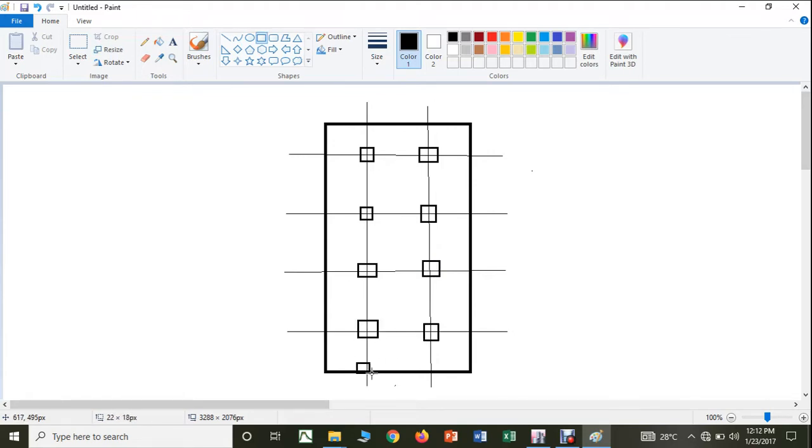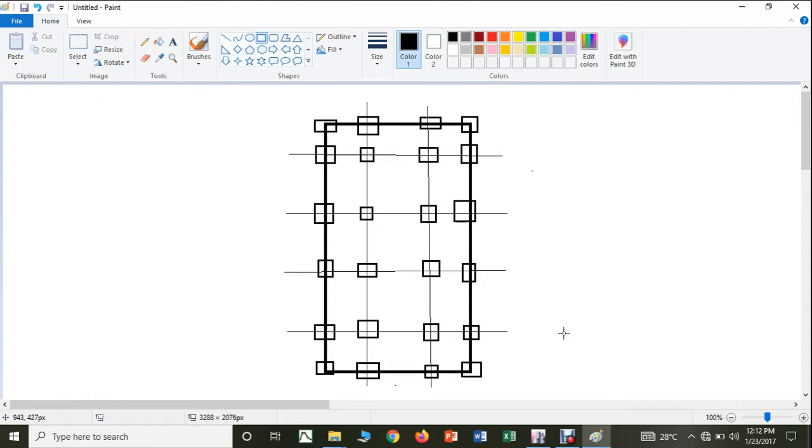So let us consider the columns like this. I'm just randomly showing the column positions, that's all. Now whenever we have it like this,